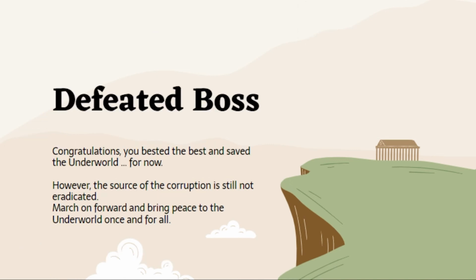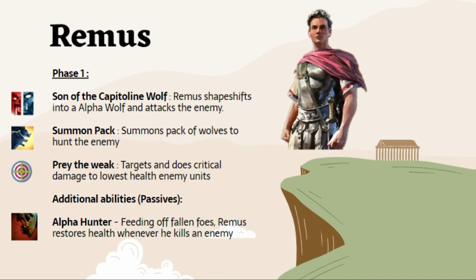In a last twist, we faced off against the legendary Remus, one of the two creators of Rome. Remus and Romulus are both of Roman myth, thus we believe that Remus too should fight as though he is from the myth, and thus includes godly powers and mythical arts. As the final boss, he has two phases, starting from phase 1, where he transforms into an alpha wolf. This symbolism is because wolves represent Roman power, and were the sacred animal of Roman god of war Mars. This also references how Remus was raised by a she-wolf.